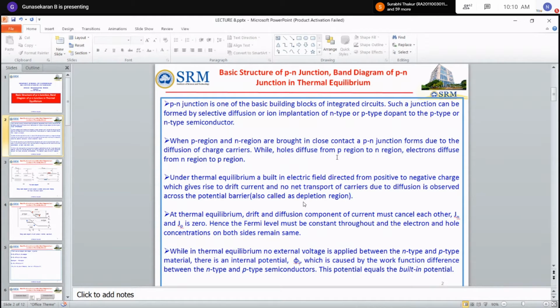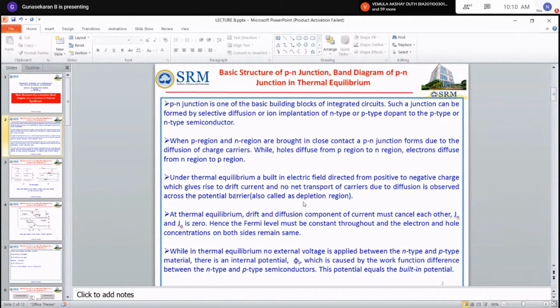Because on the p side the holes are more concentrated, according to the carrier density the holes diffuse from p to n. Similarly, electrons are more on the n type, so the electrons diffuse from n to the p region. So under the thermal equilibrium condition,